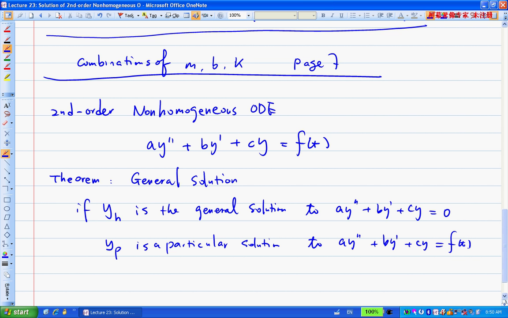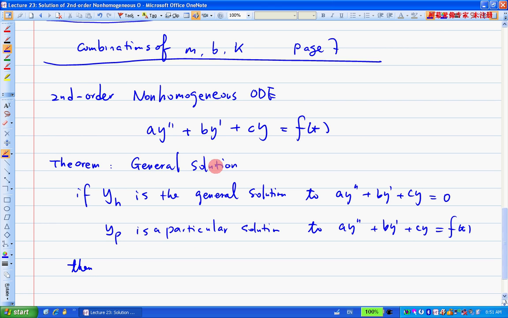Okay. So there are two things involved here. One is suppose that we have a general solution to the homogeneous one, and also suppose we have a particular solution to the equation we're looking for, right? Okay, then